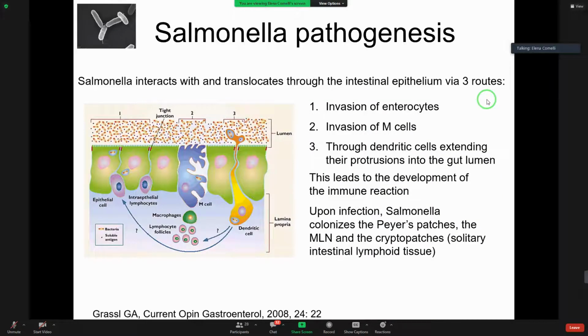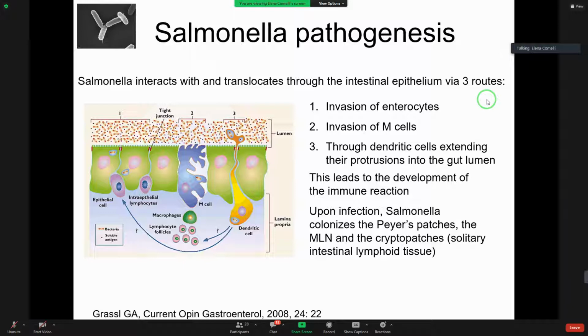So how does Salmonella gain access to the circulation? As for any other pathogen, the host has put in place various systems to block pathogens and prevent infections, starting with the low pH in the stomach and the production of digestive enzymes and bile acids, which should keep these bacteria under control. But of course, these bacteria have also developed strategies that allow them to escape these innate mechanisms of response. So how does Salmonella gain access to the circulation, or how does it infect intestinal cells?